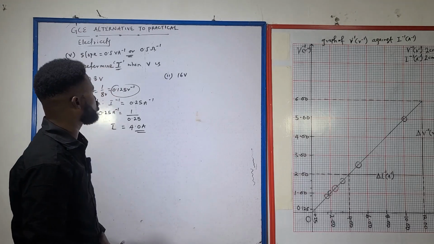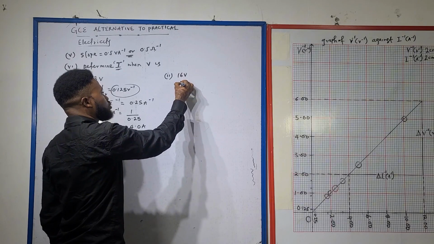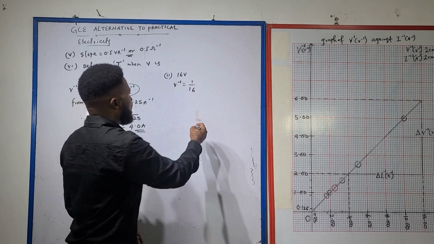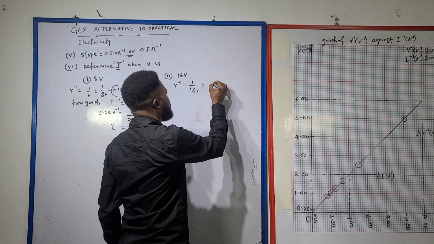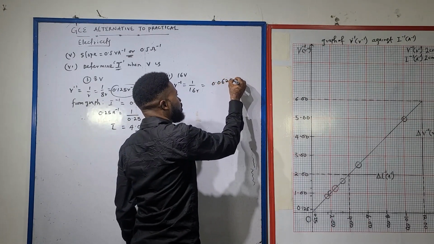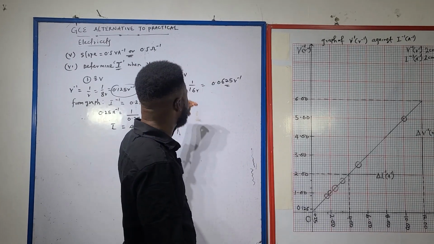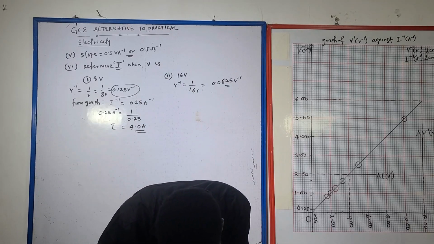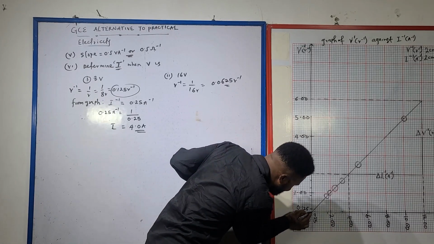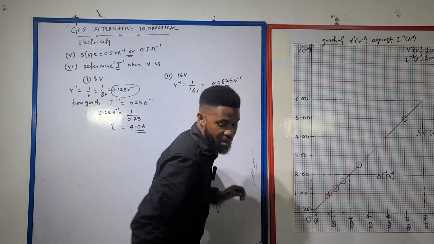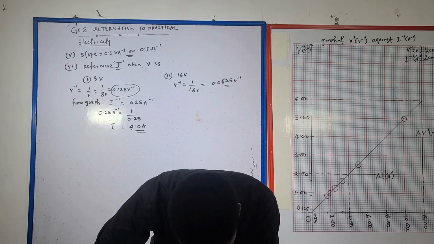Then for Roman figure 2, 16 volts, we're going to follow the same sequence. V raised to power minus 1, that is 1 over 16 volts. If I try to compute that, that means 0.0625 per volt. Yes, that is it. Then I have to trace that out. 0.0625 on the graph. If I'm to trace this at 0.0, not even up to 0.1, based on what I have on my graph, that is going to mean